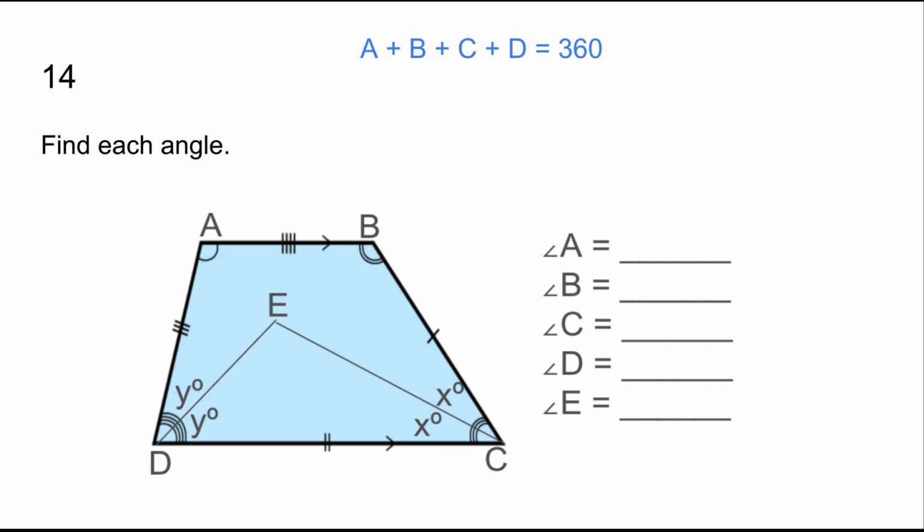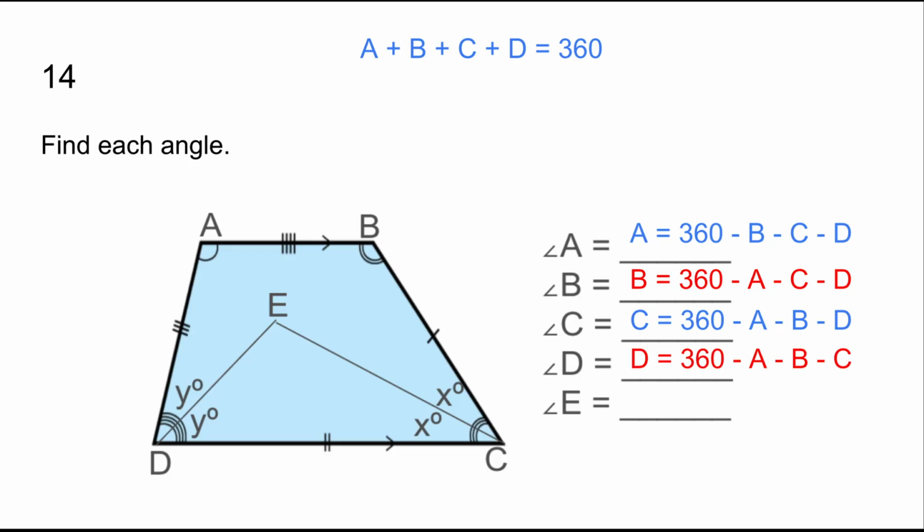And so if we were looking to isolate A by itself, we'd move B and C and D over to the opposite side of this equal sign. And when we did that, we would do the opposite sign to subtract them. And so therefore A equals 360 minus B minus C minus D. And we could do the same thing for angle B. And we could do the same thing for angle A